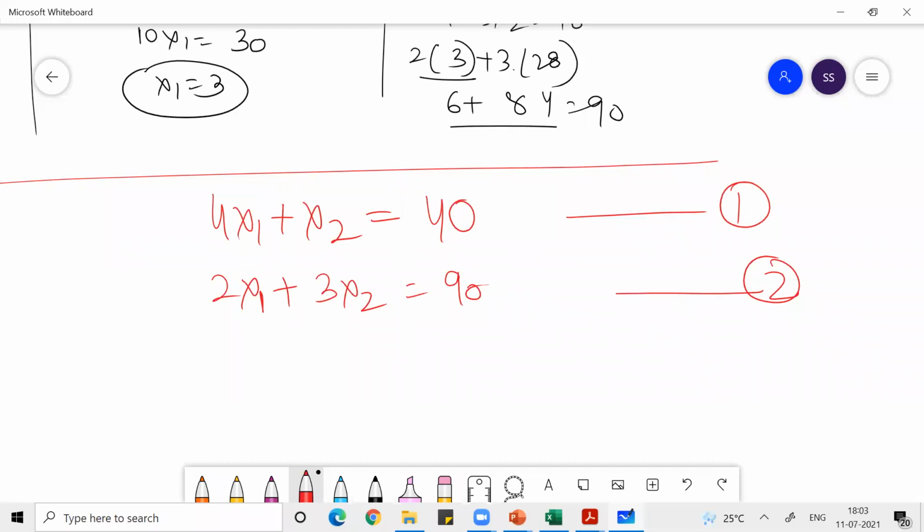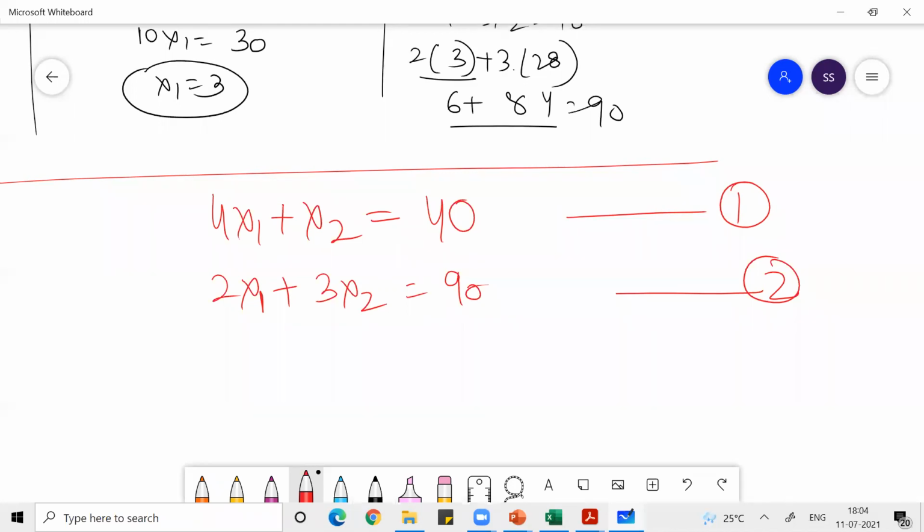The easier way to solve this linear equation, when you have two variables, I hope you understand the term variable. The variables here are x1, x2. When you have two variables, in order to solve the equations, you need a minimum of two equations. If you have three variables, then you need three equations. You remember in BCA first semester, you studied matrices and determinants, Cramer's rule. Here I have two variables, so I need two equations. If I get two equations, I can solve it very easily. So I got the two equations.